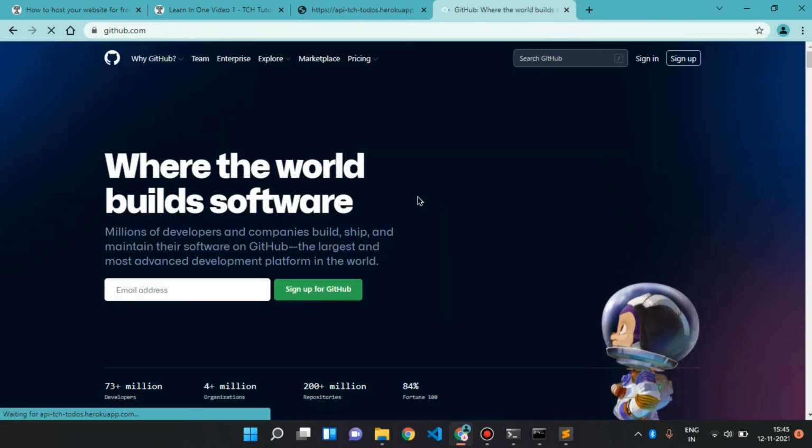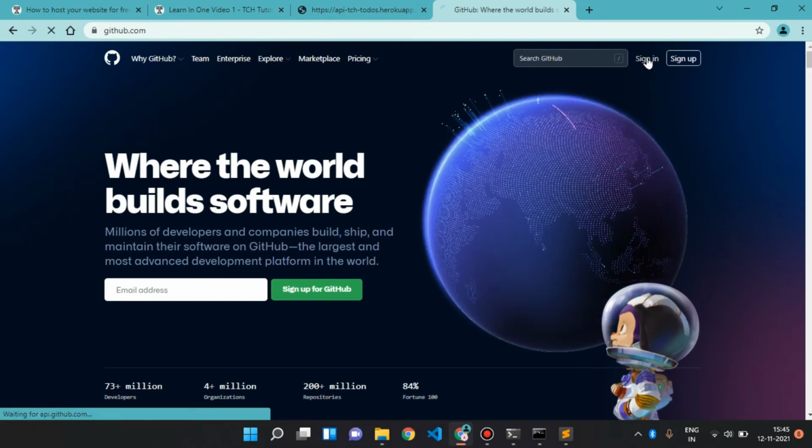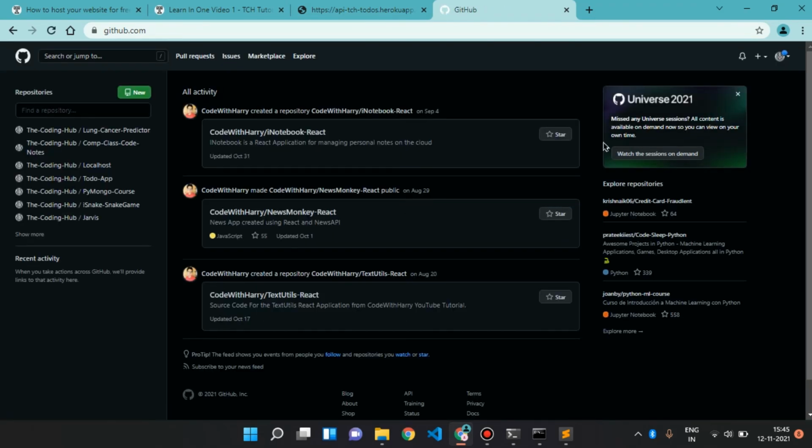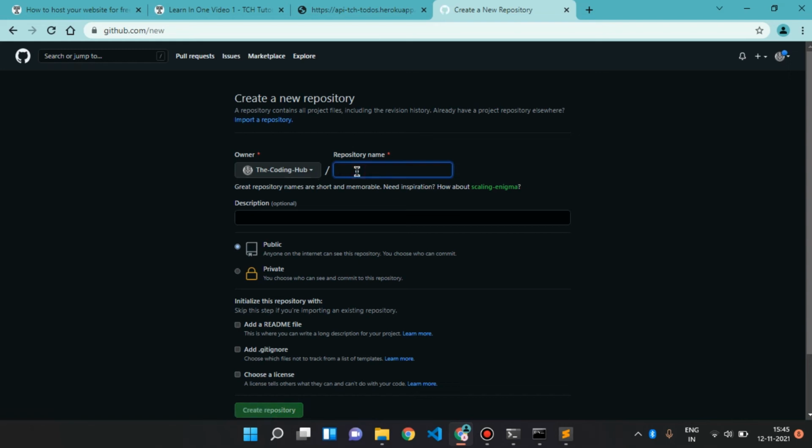So it will take me to github.com, and I will sign in here first. If you don't have an account, then you need to sign up, but I will sign in because I have an account. So I will sign in, and as you can see, it has signed me in to my GitHub account. And here I will quickly create a new repository with the name Todos List